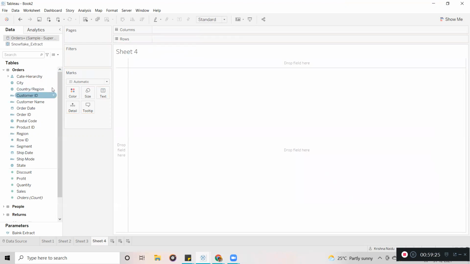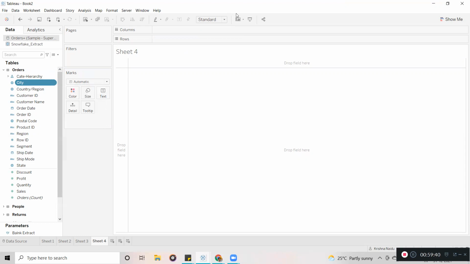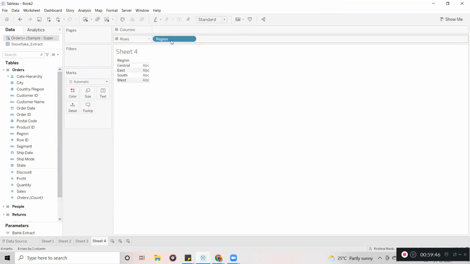Another option is duplicate. When we duplicate fields, what is the main purpose of duplicating fields in real time, guys? I will give a simple example. Here I have a region, and I am having profit.